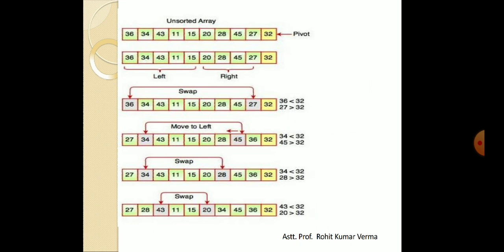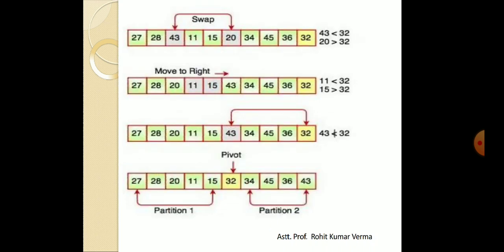And after this you have to start scanning from the right hand side, and you have to find an element lesser than the pivot. If you find both elements, start the swapping process. During this scanning, if the left and right pointers cross each other, then we have to perform swapping of the pivot element with the low point index or left pointer. And finally we have to follow these steps till our whole list is sorted.